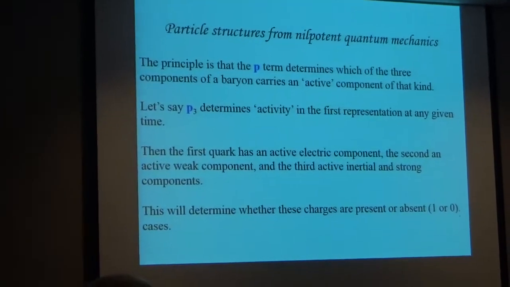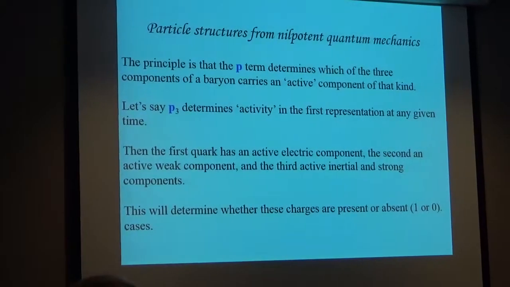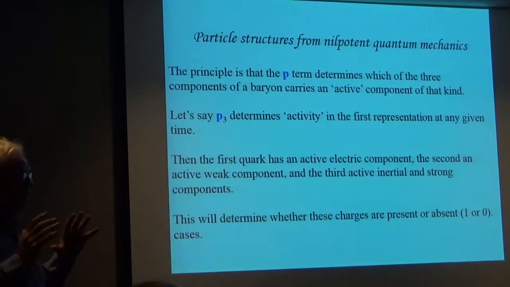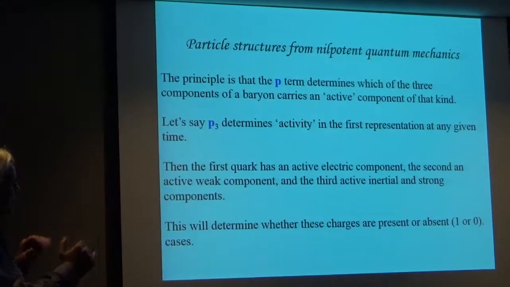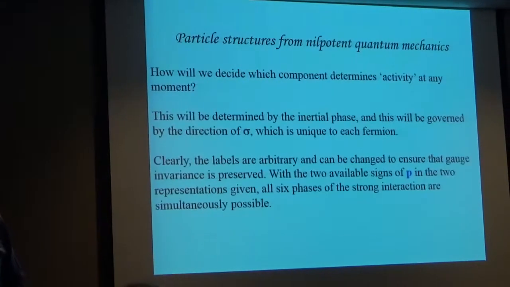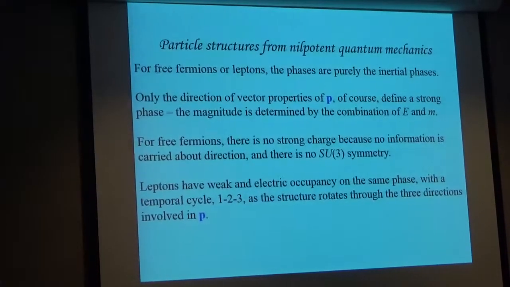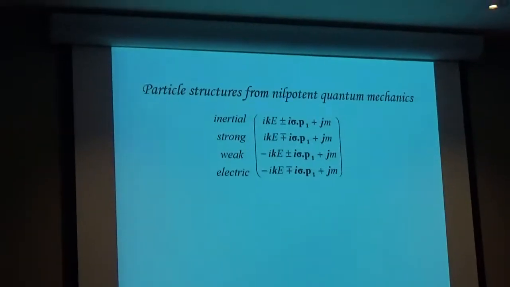So the P term determines which of the 3 components carries an active term. It's quite difficult, but you can get the nilpotence and the charge structures in one object. I'm going to skip some of this text. This one here is, that's what a